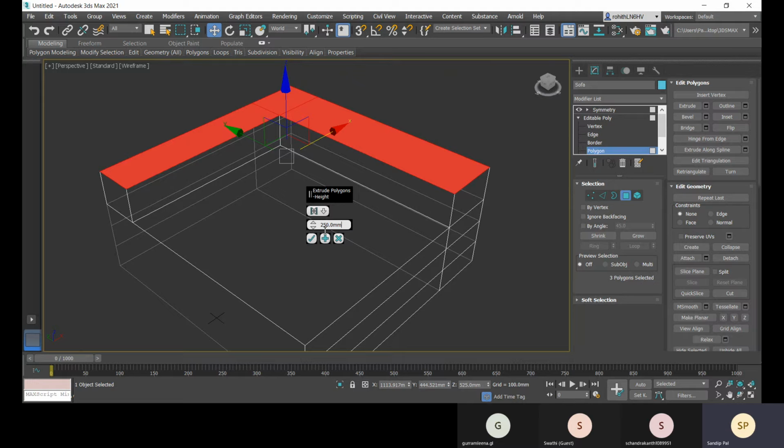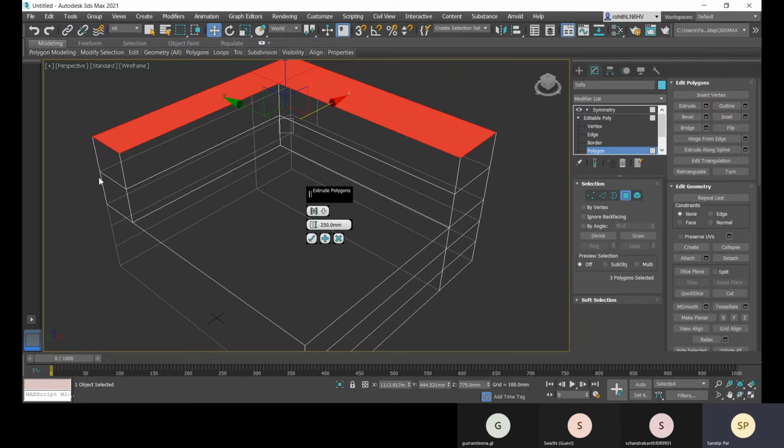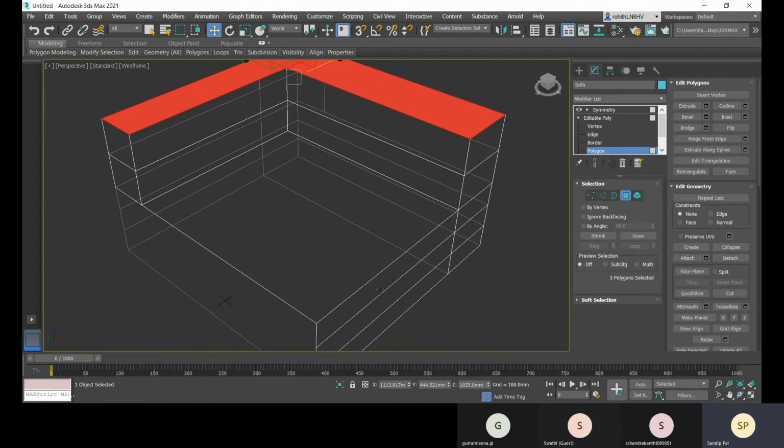So I will extrude in two parts, 250, and then I will go for this plus 250, so that I will have this edge. This part is extruded, and from that another part is extruded. Then finally click on this OK button, and that is done.